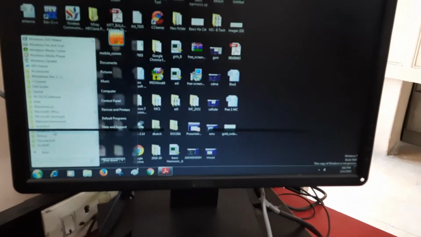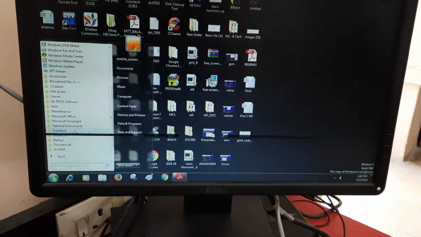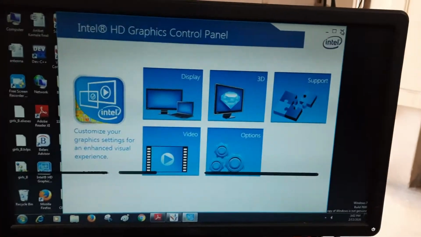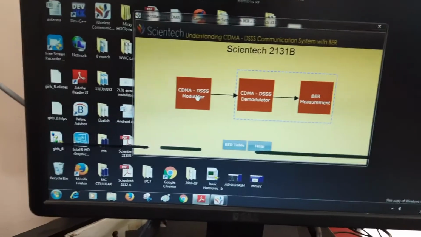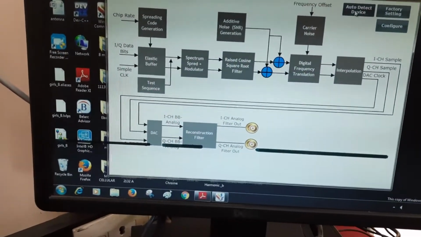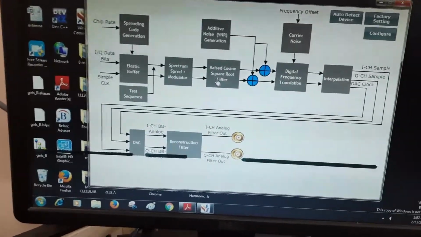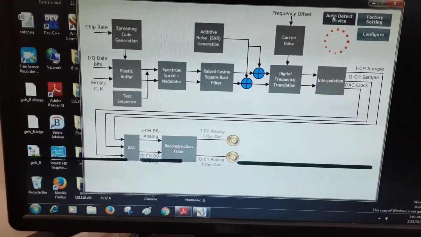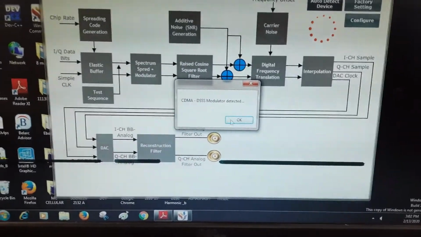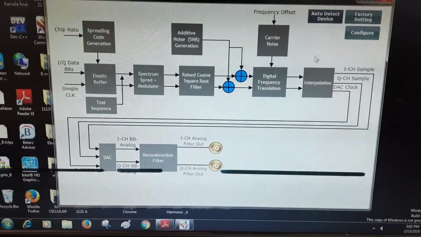First go to our software and do the settings at the modulator side. When I click on the modulator, perform the first steps: detection of the kit, then factory reset.